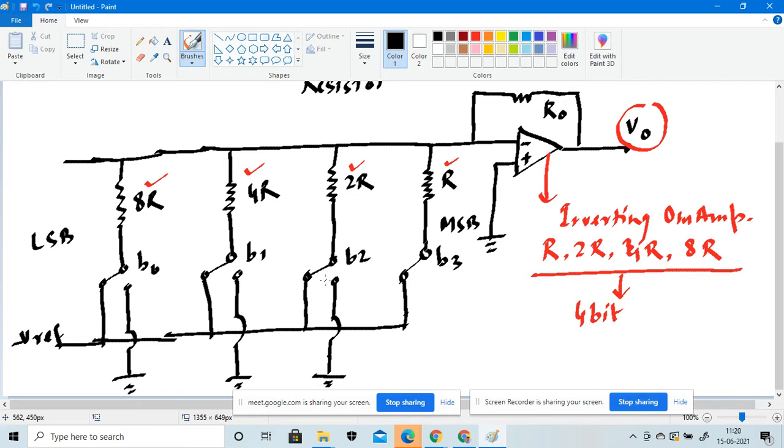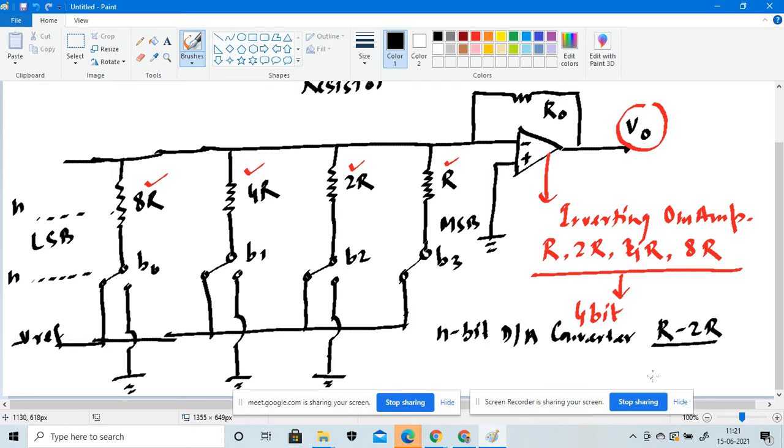Okay, so here we are considering the schematic representation of an n bit D2A converter. So we are connecting n number of resistors. Okay, and we will consider n number of sequences, right? So this will be the schematic representation for the n bit D2A converter, right? It should be considered as an n bit D2A converter. Okay, using an R-2R ladder circuit. So this sequence, this was my ladder circuit configuration, right?